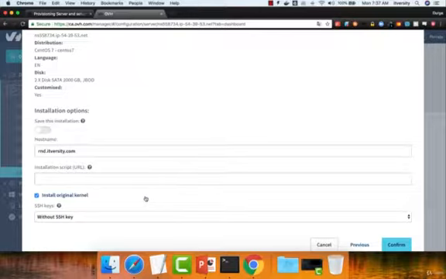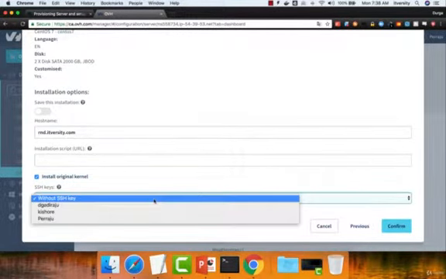And here, make sure you choose install original kernel. By choosing install original kernel, you don't need to worry too much about the custom kernels provided by OVH. Some of the features which work with the typical CentOS 7 might not work here if you don't choose the original kernel. Hence, make sure you choose original kernel,